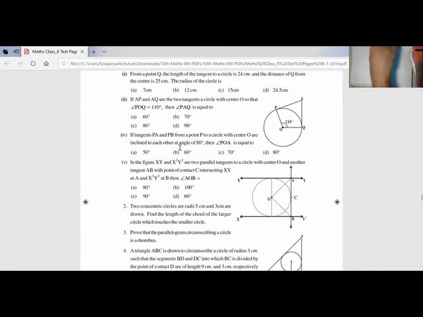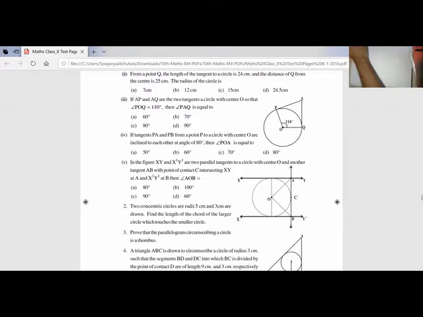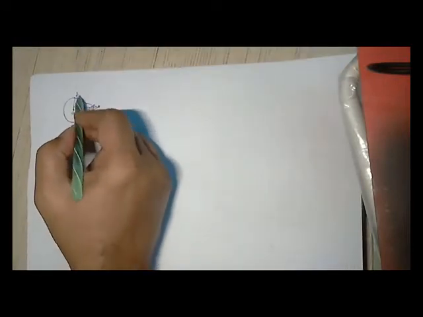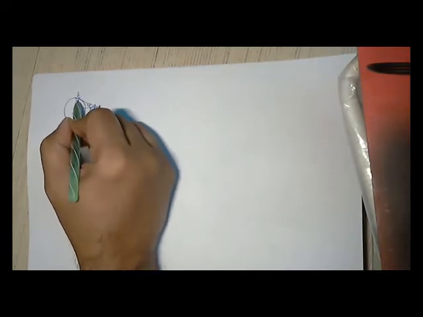Let us see here. Center is O, P is an external point, A and B. What is given is, if the tangents PA, PB from point P to the circle are inclined to each other at an angle of 80, this is 2 theta is 80. Then POA is asked, this angle. This is 90, this is 2 theta, so here it becomes 40. So this is 90 minus 40, which is 50. So angle A is also 50.